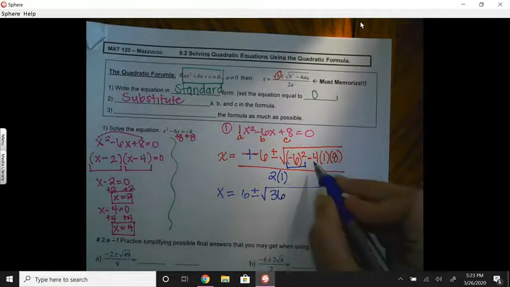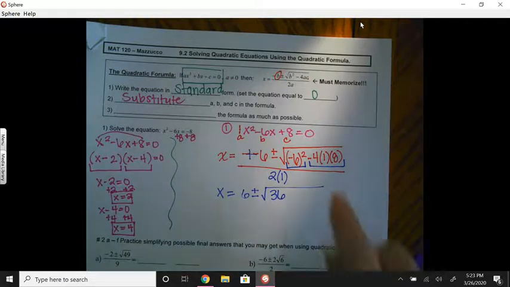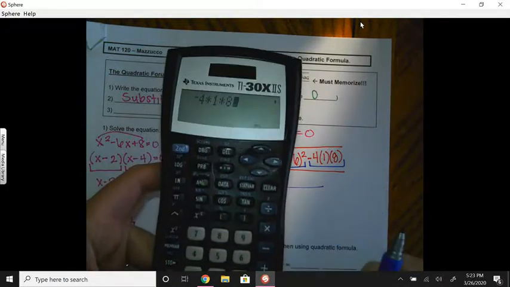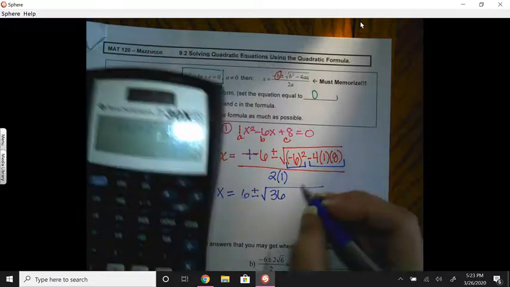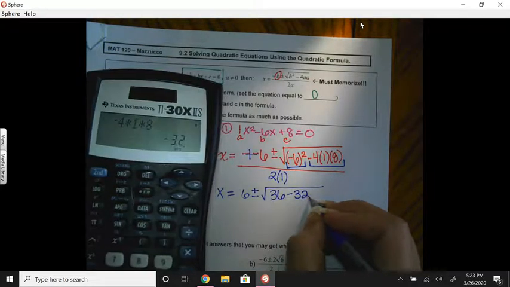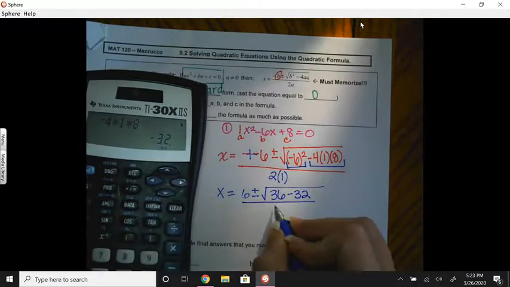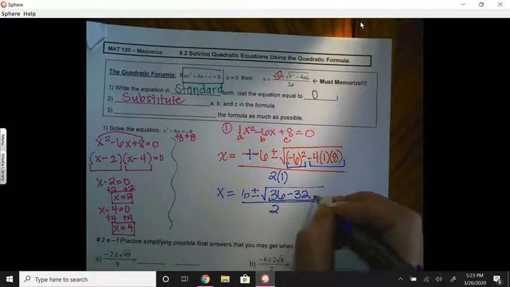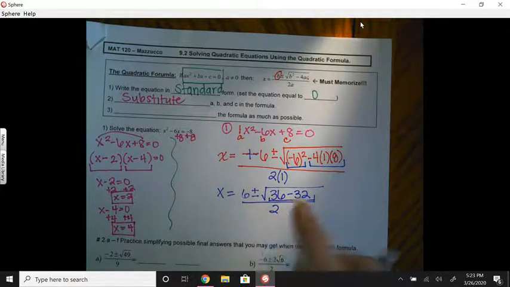And then we would do multiplication next, so we would take all 3 of those numbers and multiply them. Now, if you're using a calculator, make sure to enter this in as negative 4 times 1 times 8. And whatever the calculator says is what goes here. So it's negative 32 all over 2. Now we would simplify inside the radical. So 36 minus 32